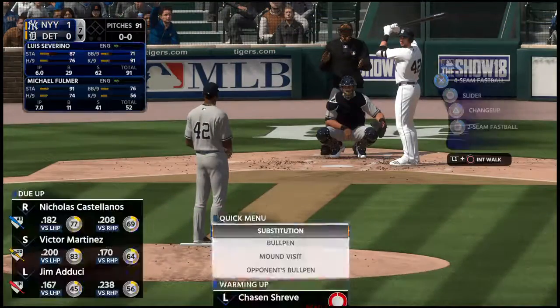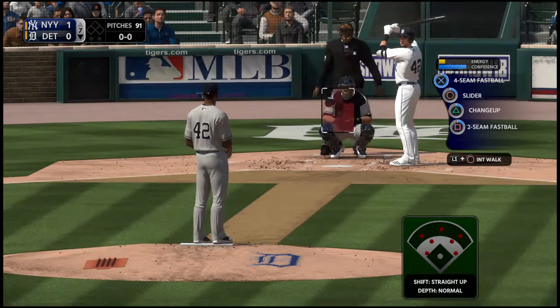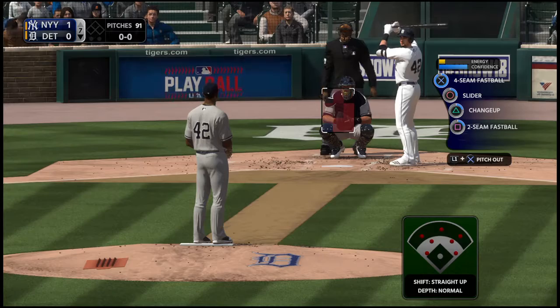Leading off the inning, Nicholas Castellanos, as they'll look to get something going here and even this game up. This thing's far from over, even though we're moving into